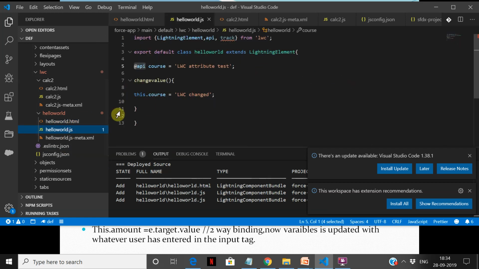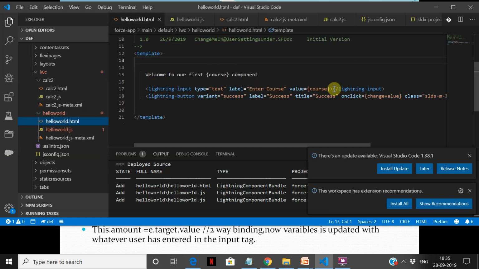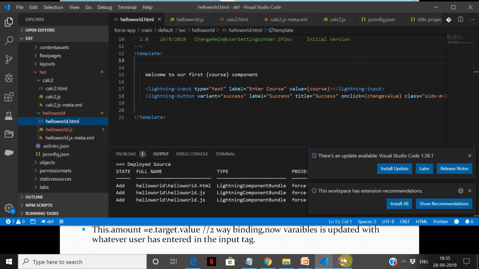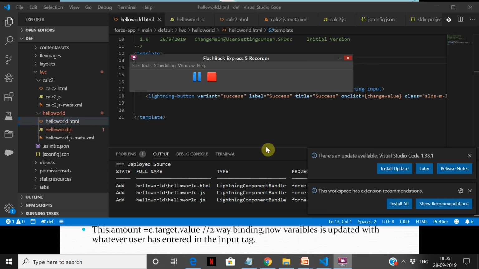Here what I'm doing is explicitly clicking a button and changing the value. I don't want that to happen. If I make a change here, I want to track it. So let's go about seeing how to achieve this.